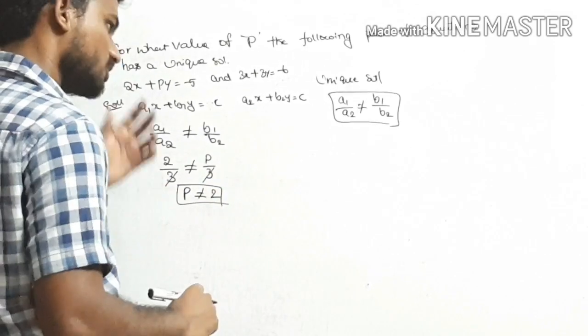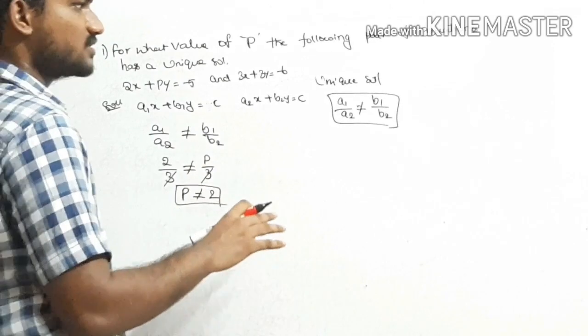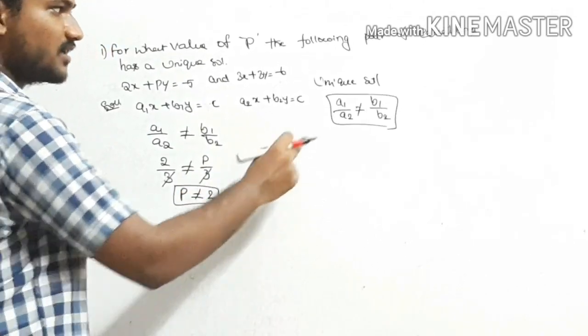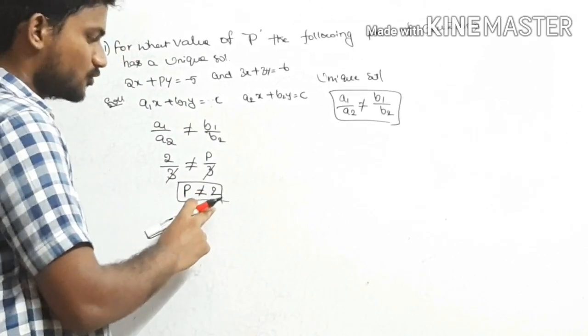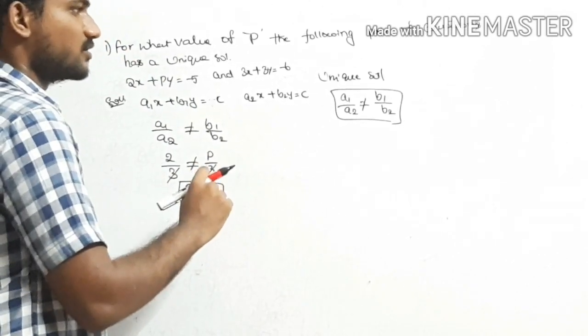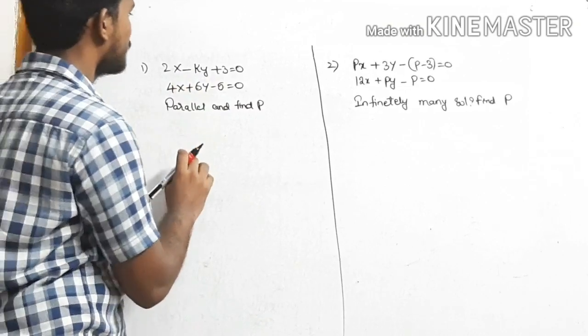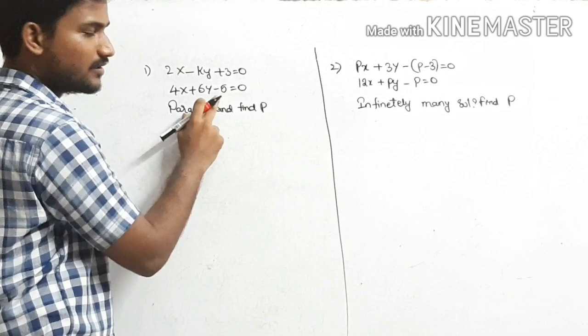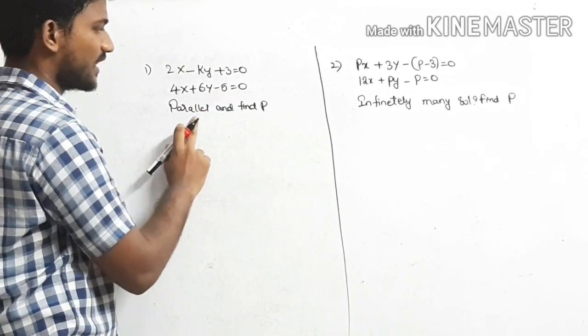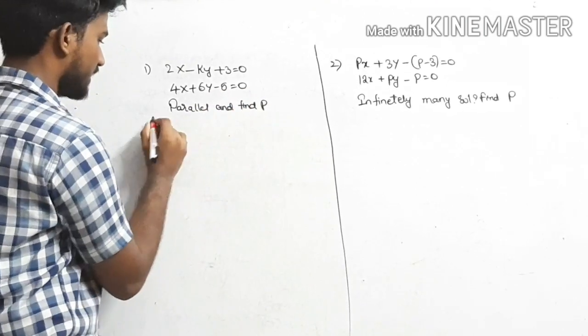For all other values of p, it is a unique solution. Only for the value p equals 2 is it not a unique solution. Like this: 2x minus ky plus 3 equals 0, 4x plus 6y minus 5 equals 0 are parallel, find k. Now parallel lines,